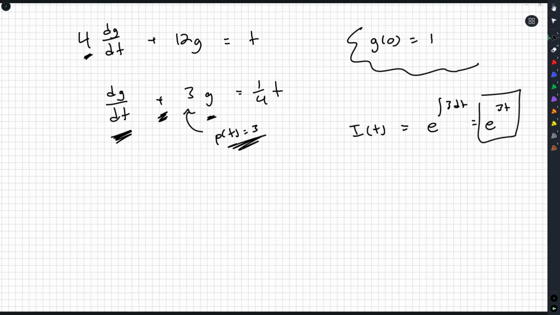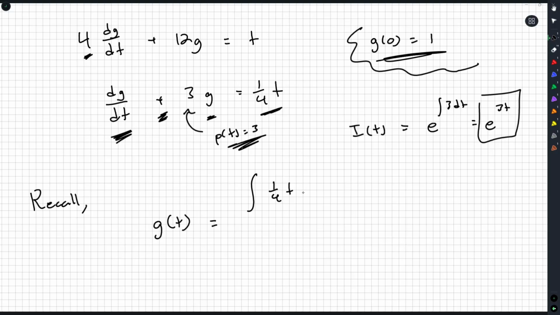Now, you don't have to use the formula. You can do the longer process that shows that you know what you're talking about, multiplying by the integrating factor, reversing the product rule, and so forth. But since we're looking to solve this initial value problem as well, I want to jump to my answer as quickly as possible. I will still show off the formula, show my work a little bit. So maybe we'll write something like, hey, recall this nice little formula that the solution to our linear differential equation is the integral of what I would call q of t